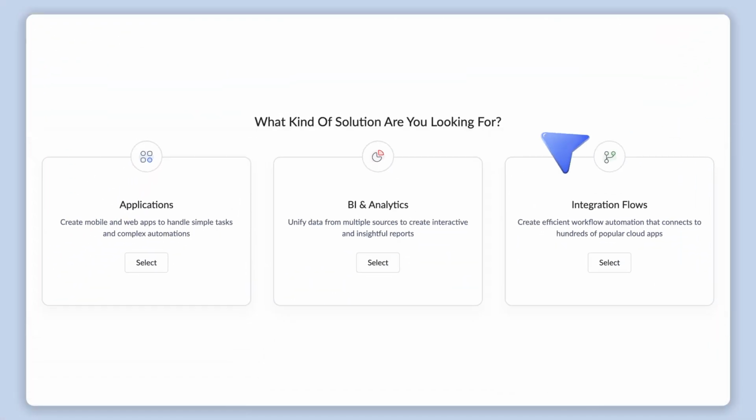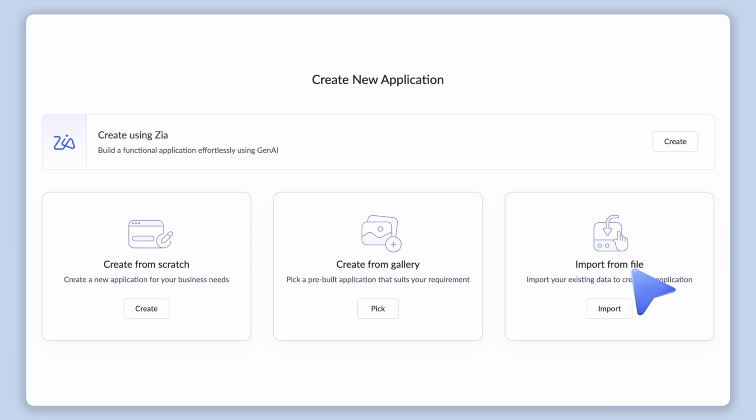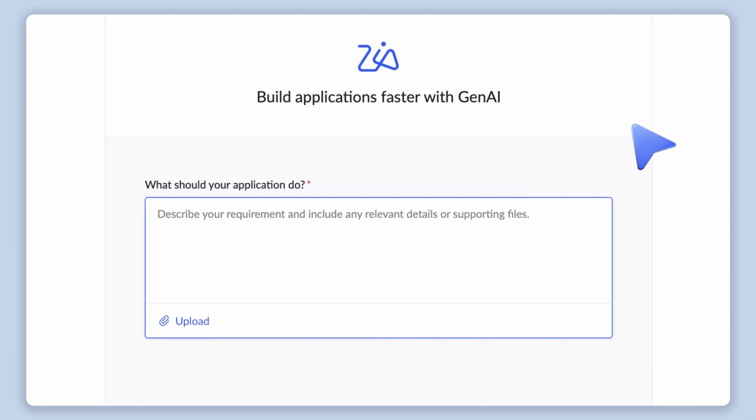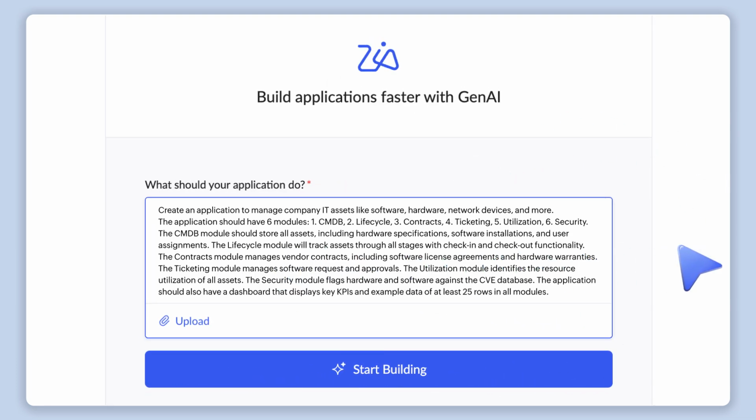Let me show you how to build our very own IT asset management app using Zoho Creator to manage assets like software, hardware, network devices, and more. All we have to do is tell Zia, Zoho's AI, what we're looking for. The prompt we'll be using explains our requirements and guides Zia to build an application that can manage all asset